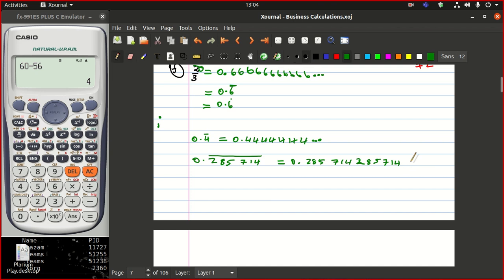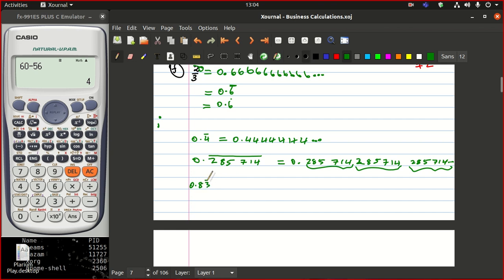It repeats again, and then it starts at 285,714, and then it continues forever. So if you look into this number here, it is the same number as that. So when I'm placing that bar, I am saying repeat this number after it and then keep repeating it throughout. And then let's say I am giving you 0.83,